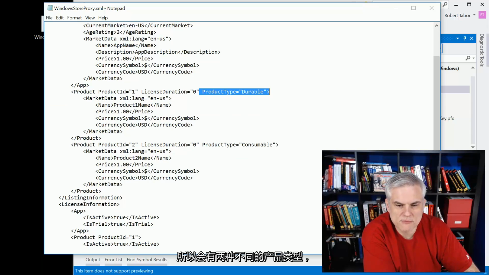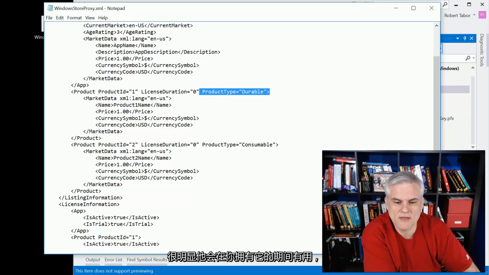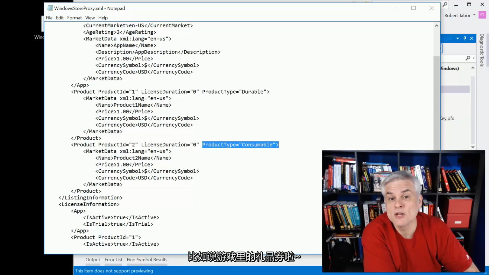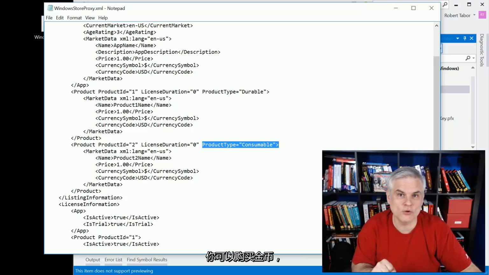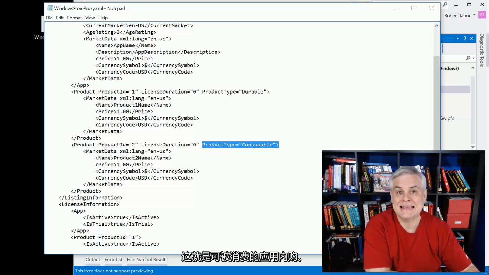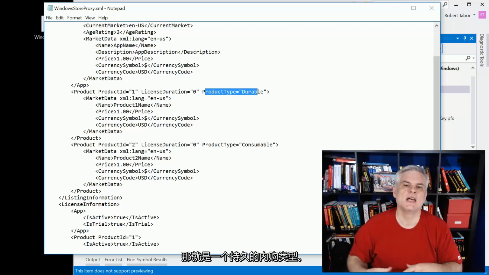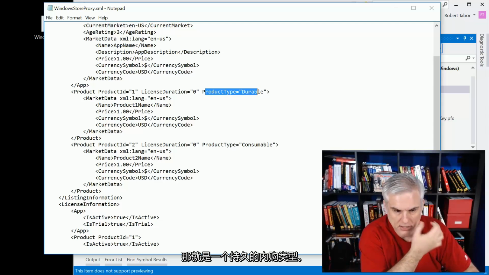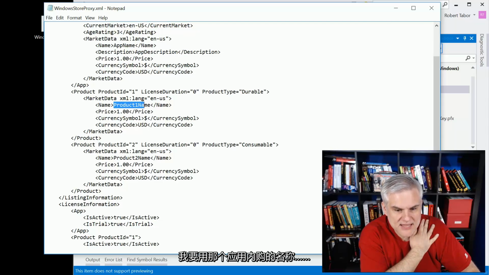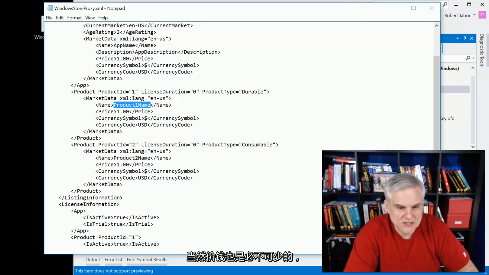So you can see there's two different product types. There's a durable product type. This obviously would last for the duration of your ownership. And then there are consumable product types. So this might be credits or tokens towards something in the game, like in the app. Like in a game situation, you might purchase gold and you might use that gold and use it up essentially. That's a consumable in-app purchase. But if I were to turn on a feature by paying an extra $2, $5, that would be a durable product type. I have to use that name of that in-app purchase token, the feature token, and then the price,